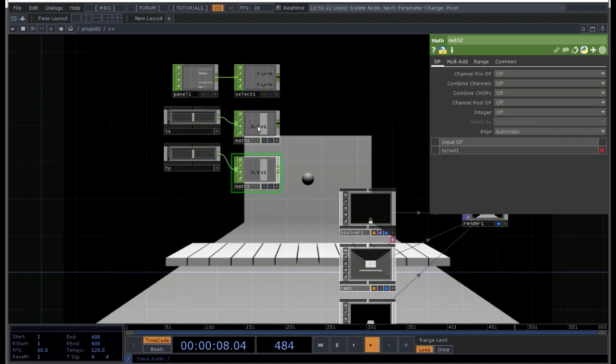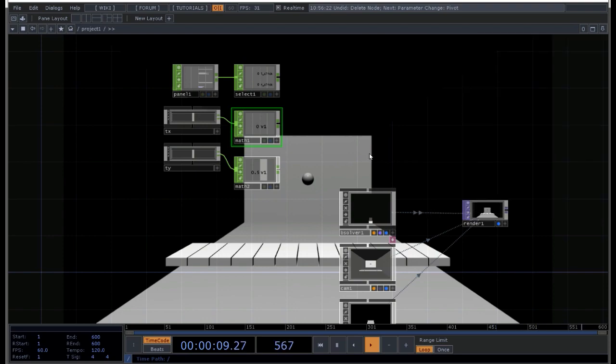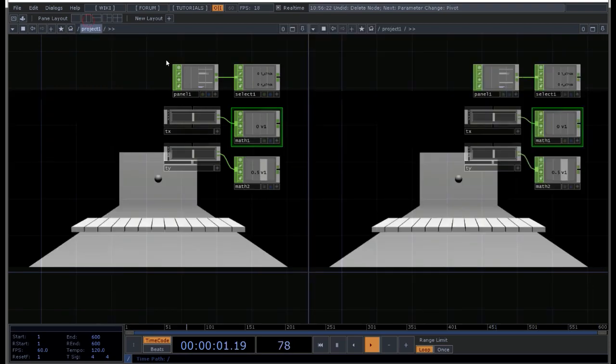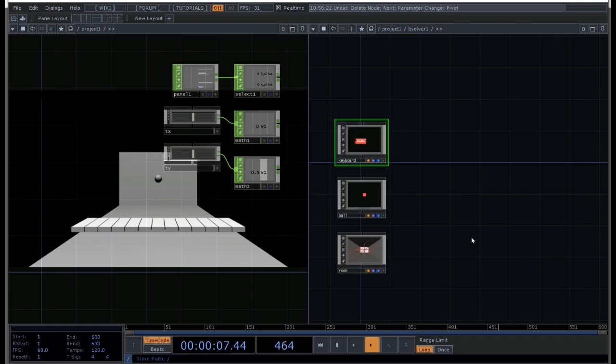The math for the TX: the range is gonna go from 0 to 1 for the slider, to a range of -0.95, 0.95. And now I'm gonna again split the screen, check if this is true actually, because I